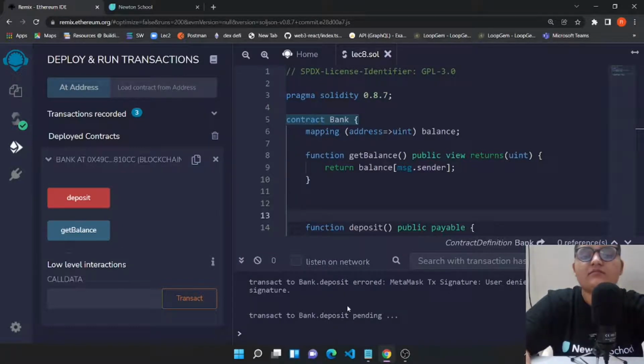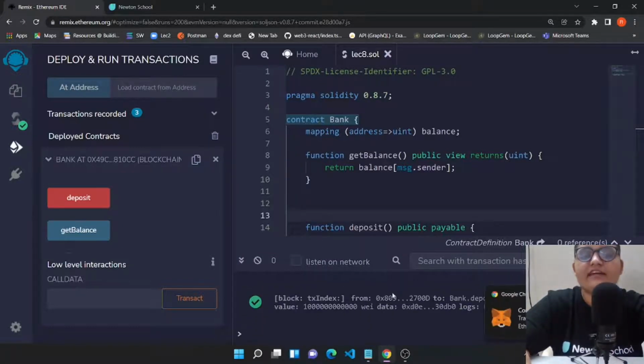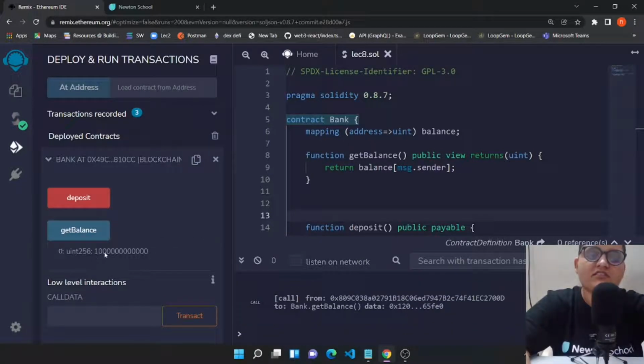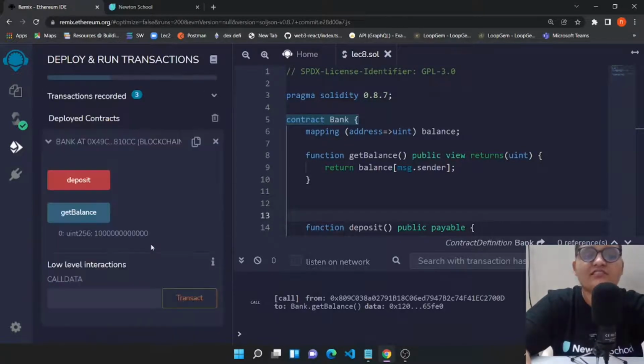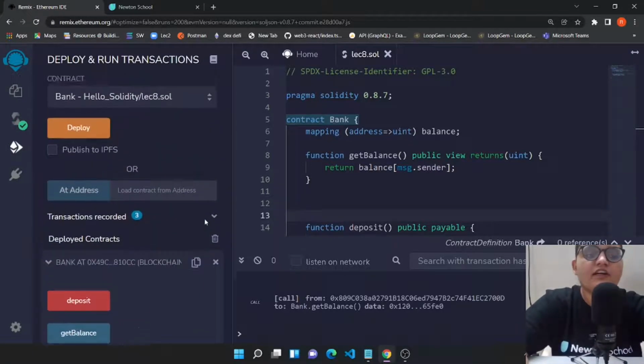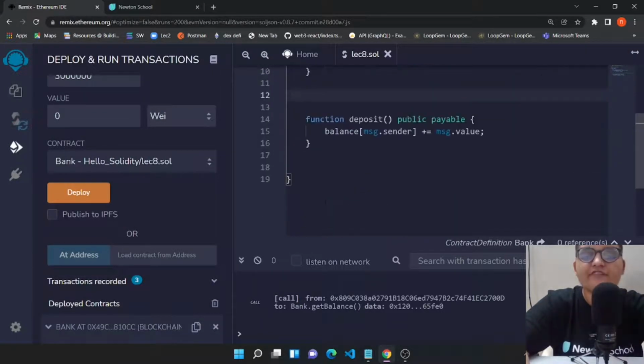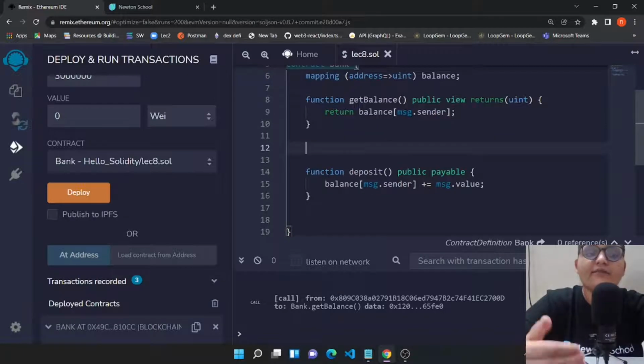Let's maximize this and wait. Yeah, so our transaction was successful. We get a green tick, and now we can check our balance. It is showing us in wei only, the unit we just sent, and it's almost equal to 0.000001 ethers. Now we could go for the withdraw function, and see how we can get this value back into our account again.